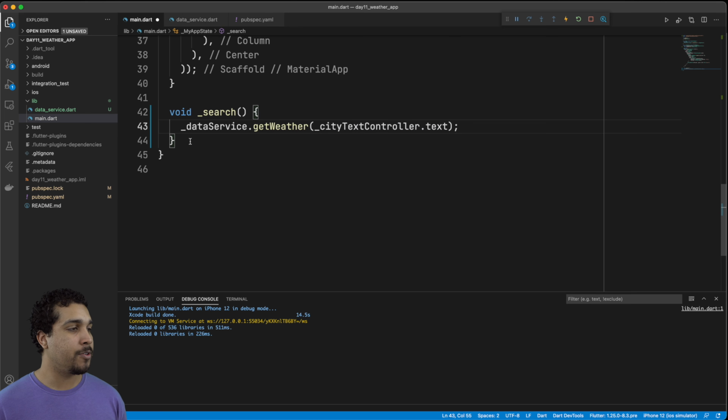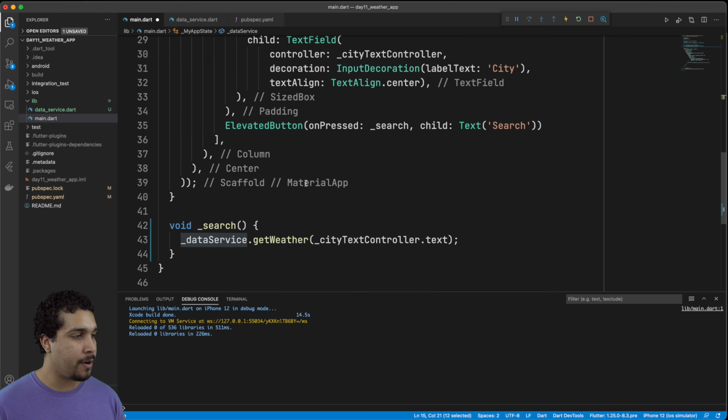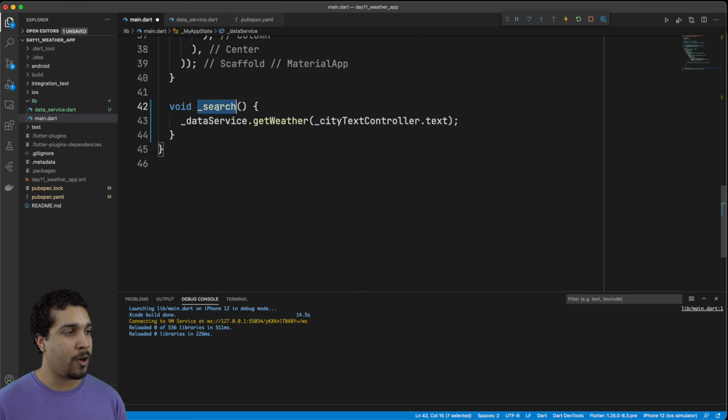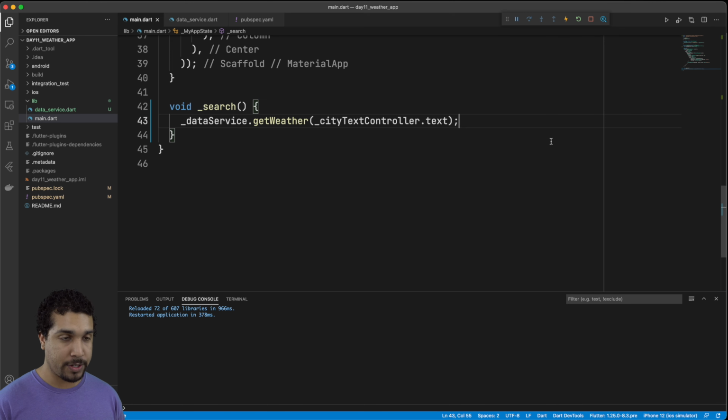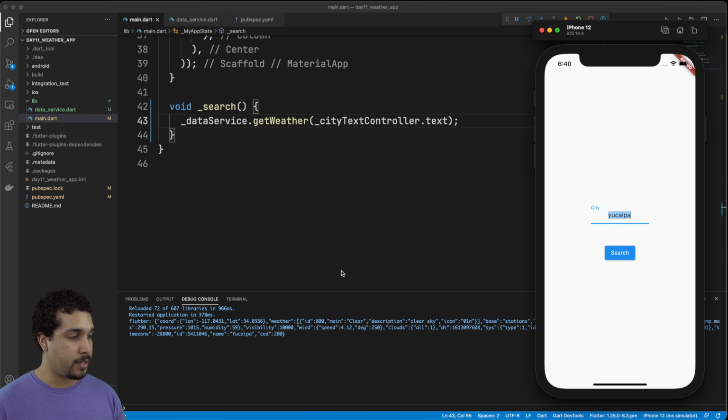All right, so it's as simple as that. I have my instance of my data service right here, and whenever I call search, I'm just going to do data service dot get weather for whatever the city is that's typed in. So let's go ahead and save that, and then I'm going to do a hot restart on my app. And when I pull it up, I live in the city of Yucaipa. And when I do a search, let's go ahead and run that, and let's see if we get anything printed out,